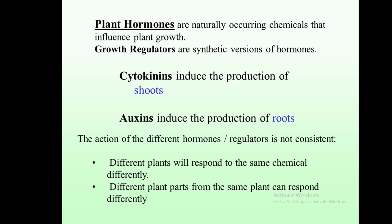Plant hormones are naturally occurring chemicals that influence plant growth. Growth regulators are synthetic versions of hormones. Cytokinins induce the production of shoots. Auxin induces the production of roots. The action of different hormone regulators is not consistent, and different plants will respond to the same chemical differently. Different plant parts from the same plant can respond differently, but we can use these hormones for the growth or